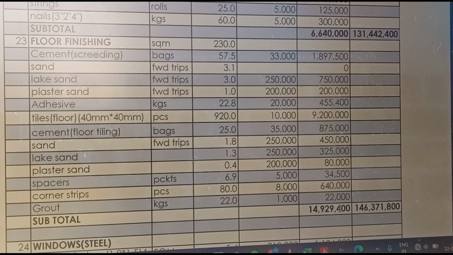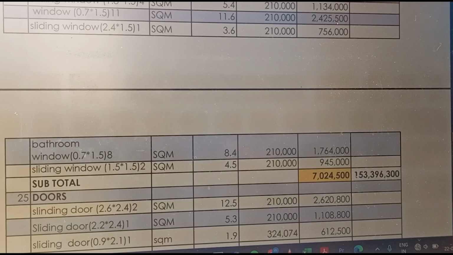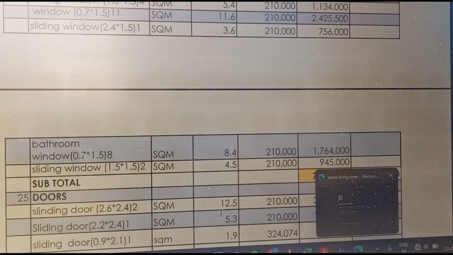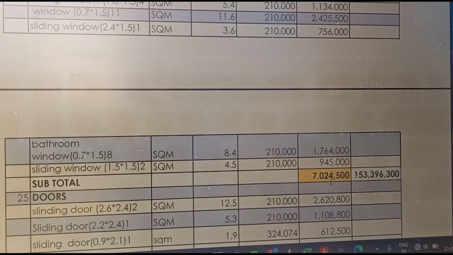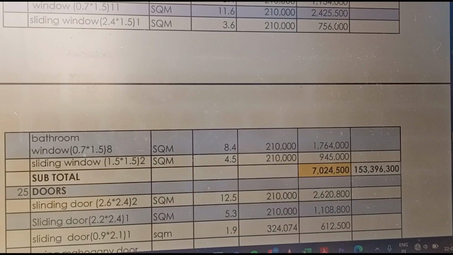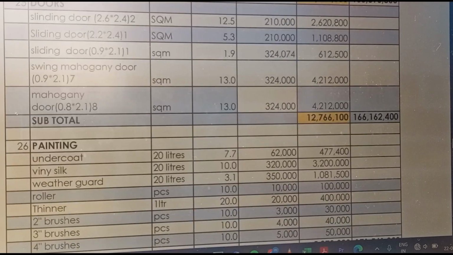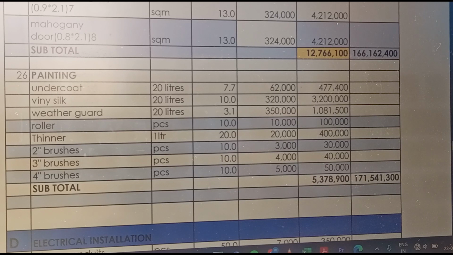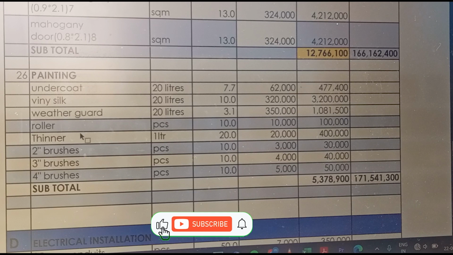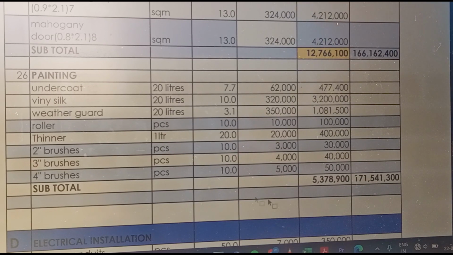On our floor finishes, we have to buy lake sand, plaster sand, adhesive, tiles, spacers, corner strips, grout, and that will cost us 14,929,400 shillings. For the windows, we will need 7,024,500 shillings. Then the doors will need 12,766,100 shillings. Then the painting phase will need undercoat, vinyl silk, weather guard, rollers, thinner, 2-inch brushes, 3-inch brushes, 4-inch brushes, and that will cost us